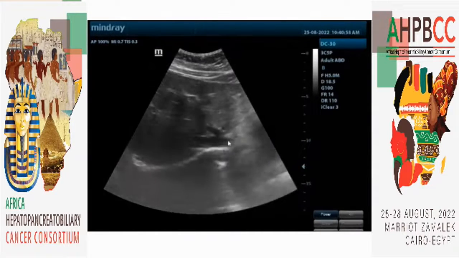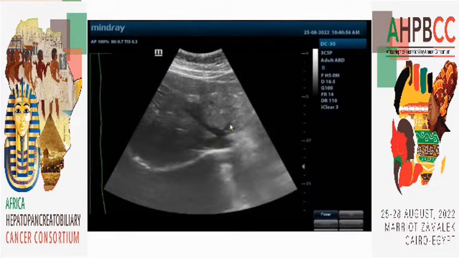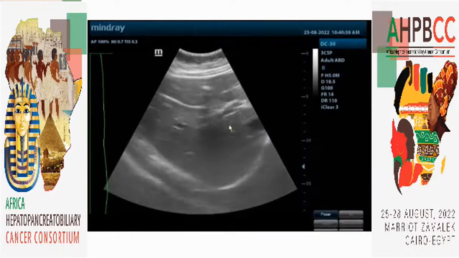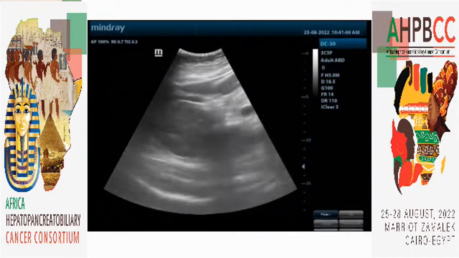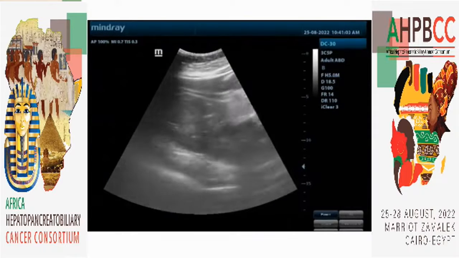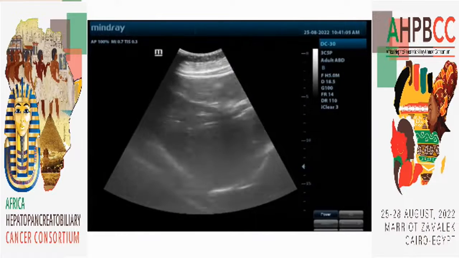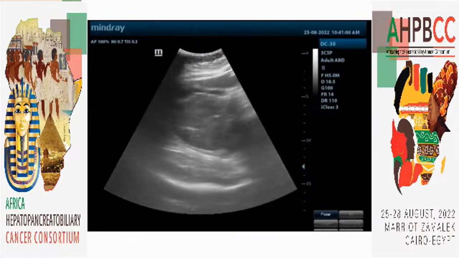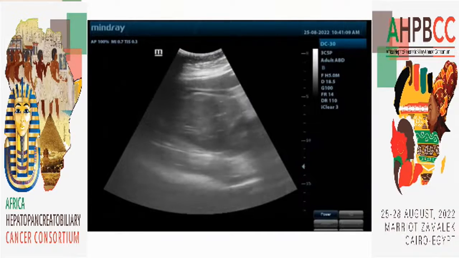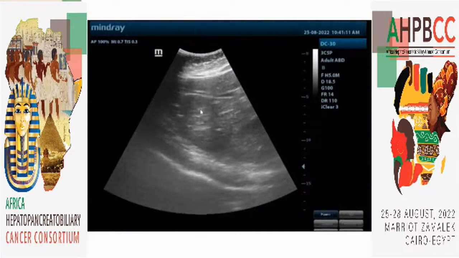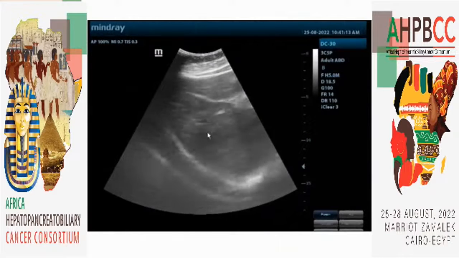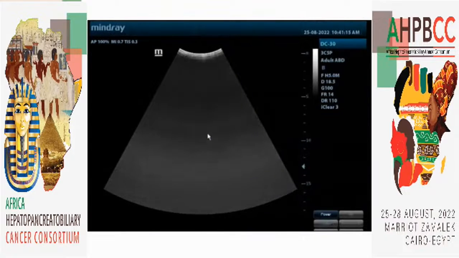Middle hepatic vein and left hepatic vein, and we can trace. Here we can see that there is a large solid hypoechoic focal lesion in segment 6, and when we try to see it from the intercostal space,